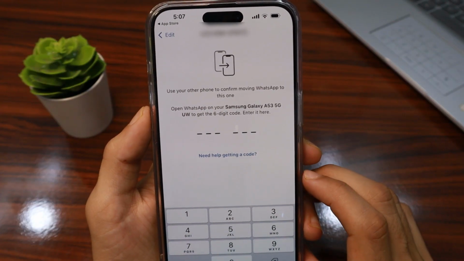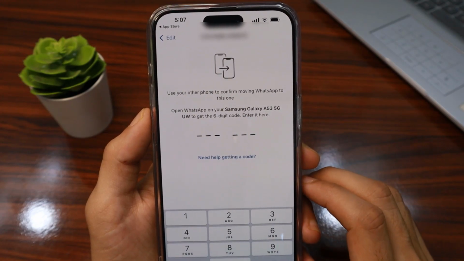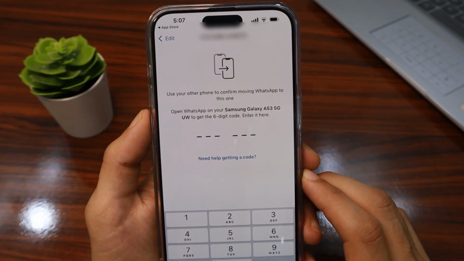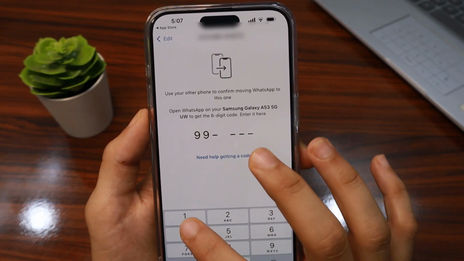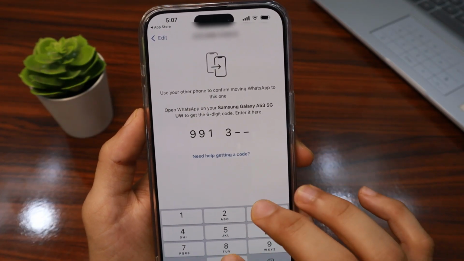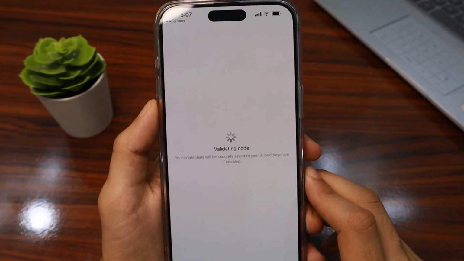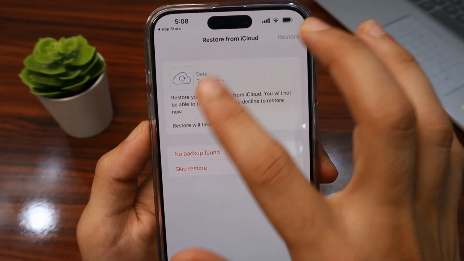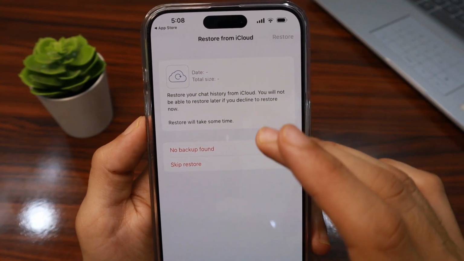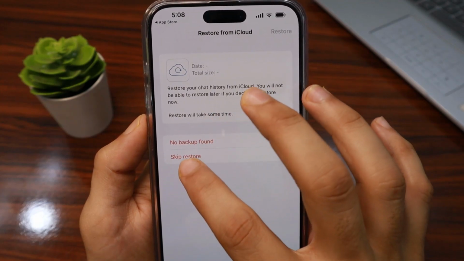and then guys, WhatsApp Business will send a 6-digit code to our phone number. Then write your code here and wait a moment, and then here you can restore your old chat history from iCloud. So I'm skip this,